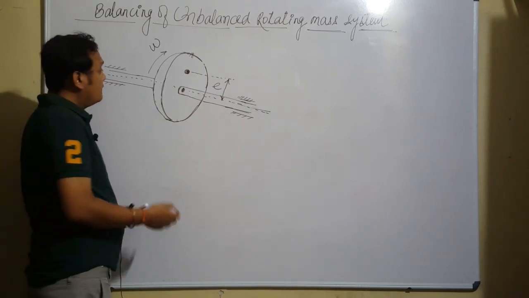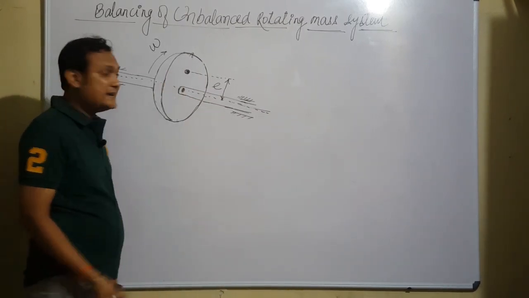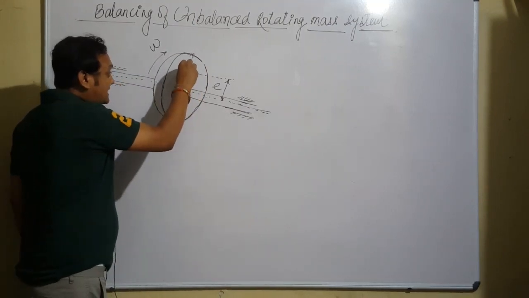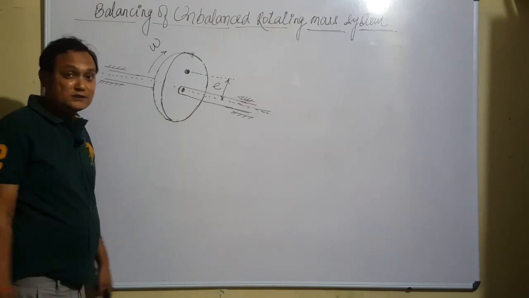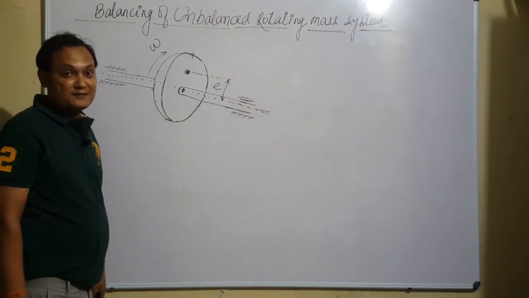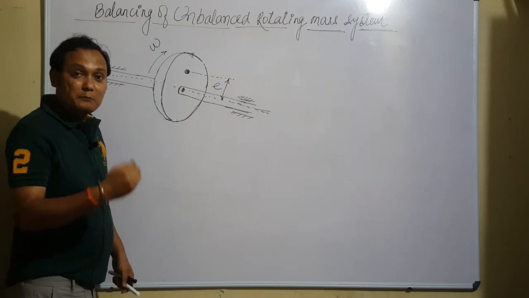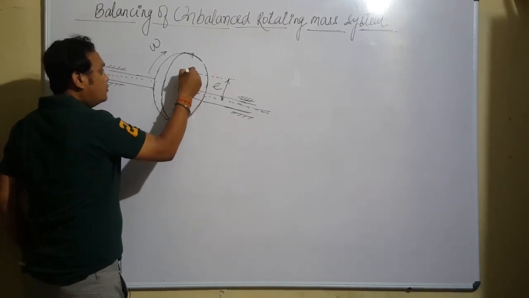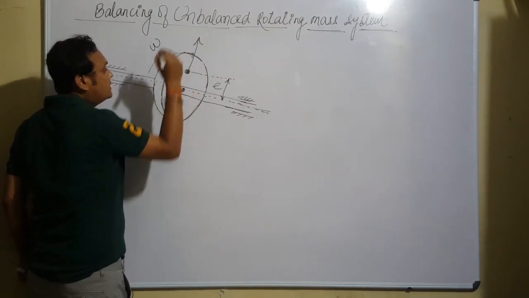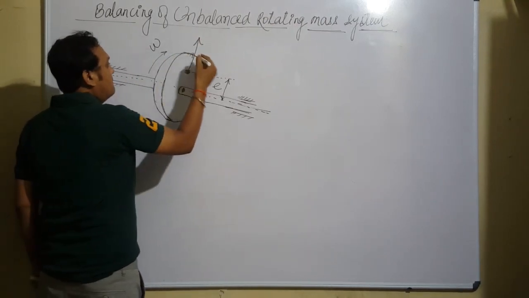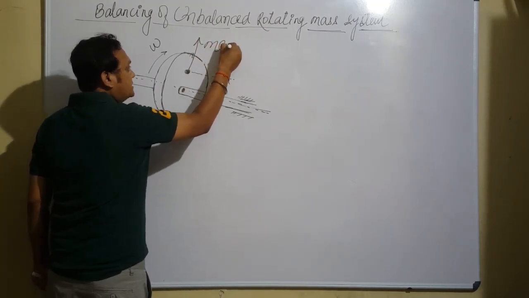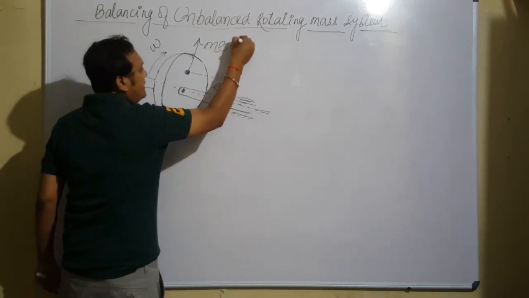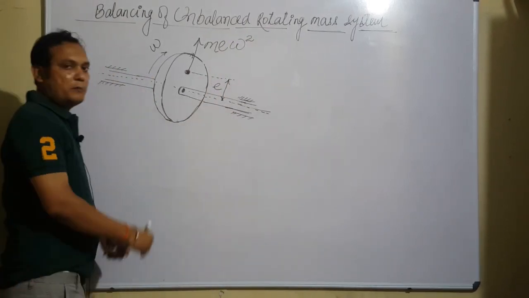and now, from the physics of center of mass, if we assume the entire mass of the body is placed at the center of mass, the net centrifugal force on the body is not going to be zero. So what will be the net centrifugal force? It will be outward, radially outward, and its magnitude will be mass of the body, distance from the axis of rotation, omega square, m e omega square.